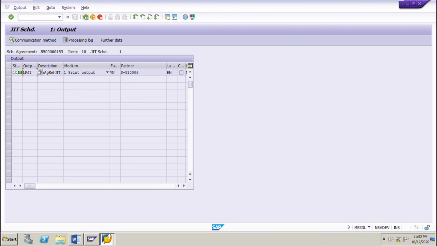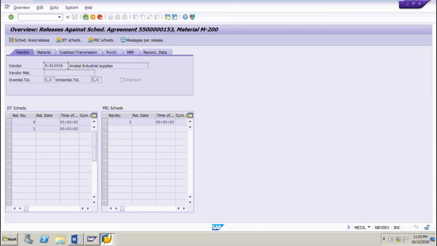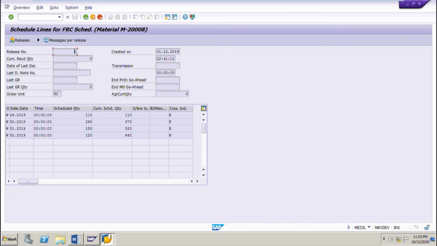So I will go back. Now select the release number 1 of FRC delivery schedule and click schedule lines per release. Click there, and here we can see the FRC delivery schedule of the scheduling agreement, and this one we had already seen in the print preview of the FRC delivery schedule.